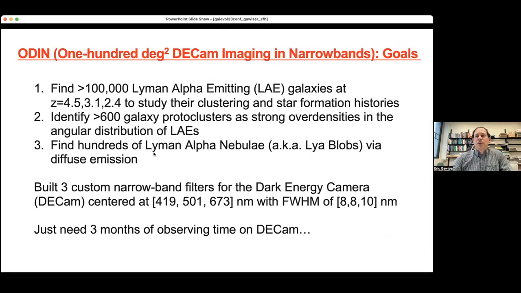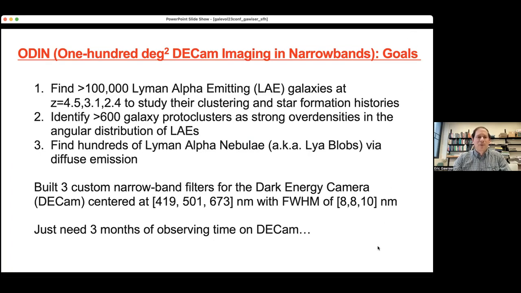Okay, let me switch gears for the final time and talk about the 100 square degree DECam imaging in narrowbands using the Dark Energy Camera, called ODIN. The goals of ODIN are to find over 100,000 Lyman alpha emitting galaxies at redshifts of 4.5, 3.1, and 2.4. Also to identify over 600 galaxy protoclusters, both Coma and Virgo progenitors in mass, via strong overdensities in the angular